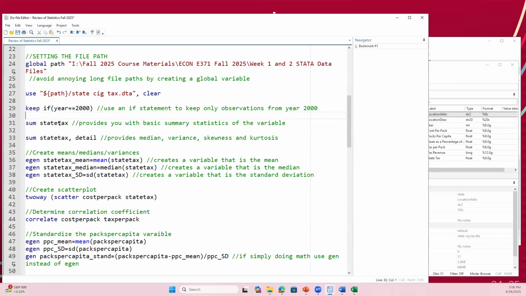So a quick and easy way to get what we call descriptive statistics of the data is to use this sum function. Or you can type it out. I think the actual function you can type out is summarize, right? But I try to always give you the code that's the easiest and the shortest to type. So summarize or sum, right? And then what variable do I want to summarize? That state tax variable, okay? So if I go sum state tax, and I run that line of code,